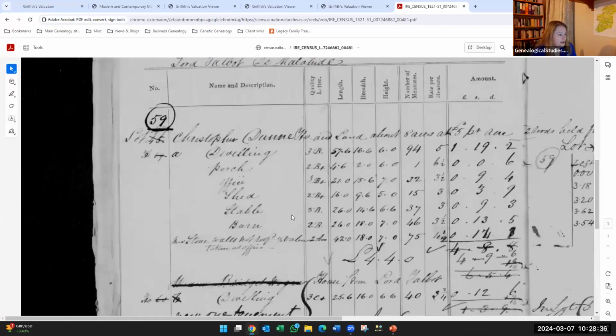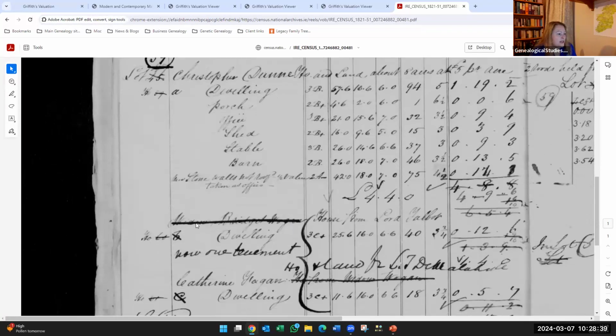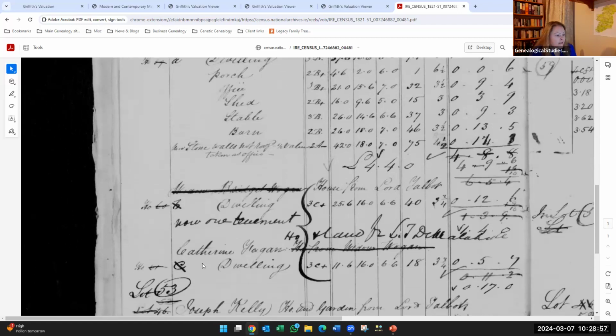So here we go back to it again. I'll just show you one more thing, which I think is interesting. So you see here, we get a little bit more information about Bridget Wogan. So she's crossed out actually, but you see how it says widow there. So now we know that she's a widow, and we might look for other people called Wogan in the townland to see if we can figure out how she is. And it says she's renting her house from Lord Talbot, who was the owner of Malahide Castle. And then we have Catherine Fagan, and it says that she was originally renting from Widow Hogan. So it's a sublet situation.